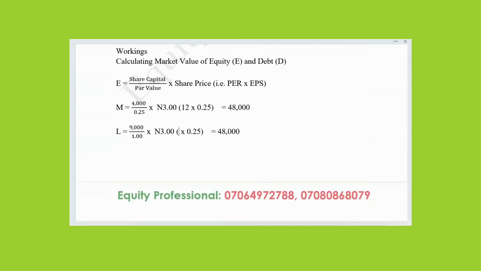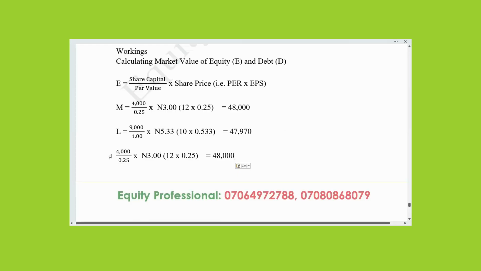Here will be 10 multiplied by 0.533. So what do you have there? 5.33. Multiply by 9,000. 47,970. All right. The next one will then be the next one will be